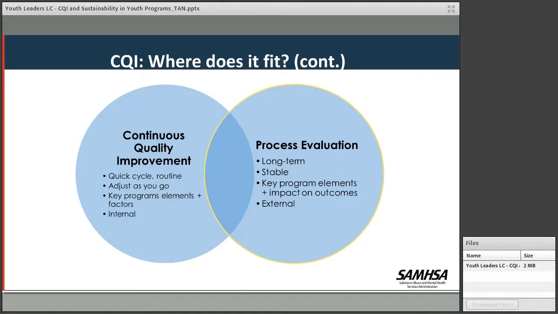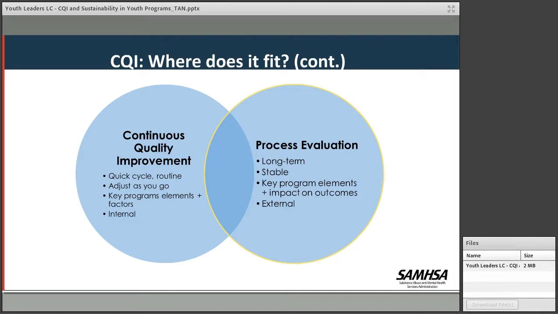So process evaluation is generally an externally focused monitoring and documentation of a limited set of indicators about a project, an initiative, or a program that helps explain your outcome. Process evaluations are generally done by an external evaluator looking in, who uses outcomes to determine how well you are implementing a program. It looks at programs in the long term and doesn't support a rapid, ongoing change cycle or